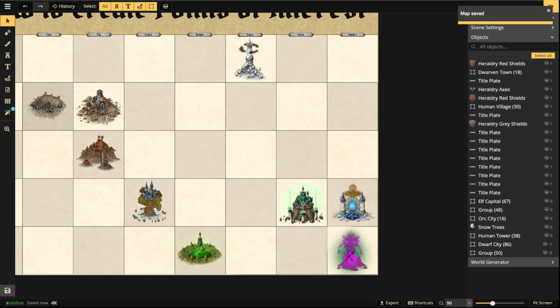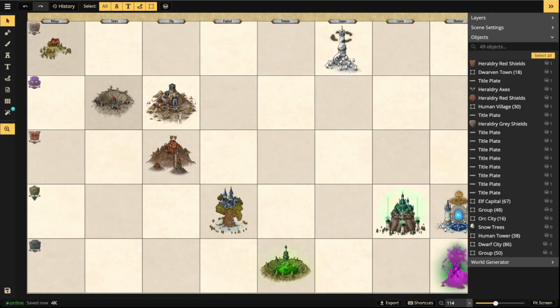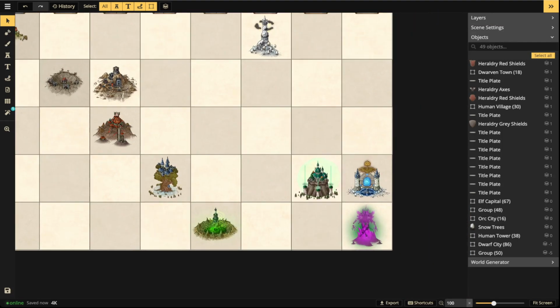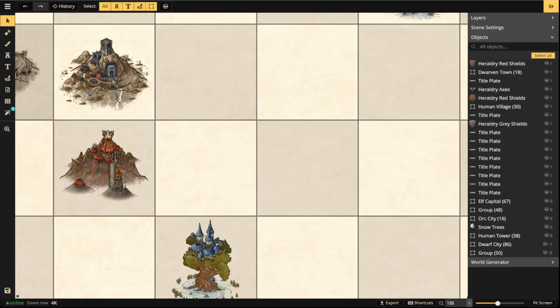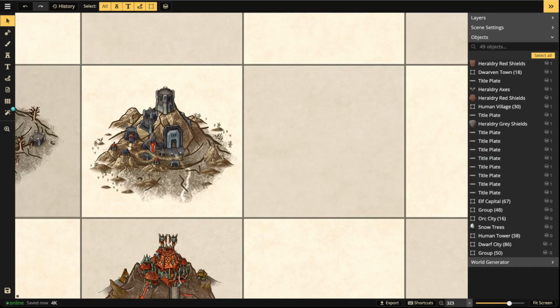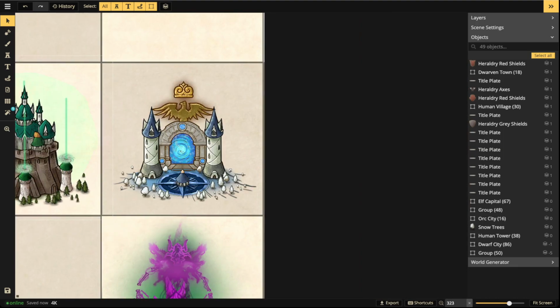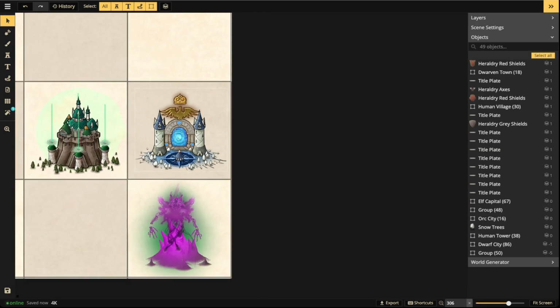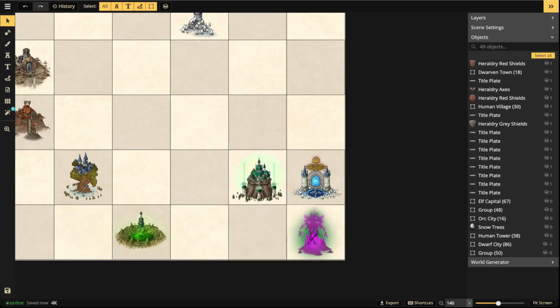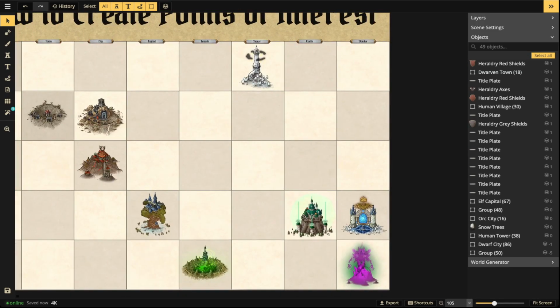Okay, we've saved it, and we've made two more. We made a dwarf city that's kind of a mining camp, and then we also created our elf wonder, which is awesome. Okay, so we've got to pick our next one, and let's step away from wonders. We just did them. Let's maybe do a